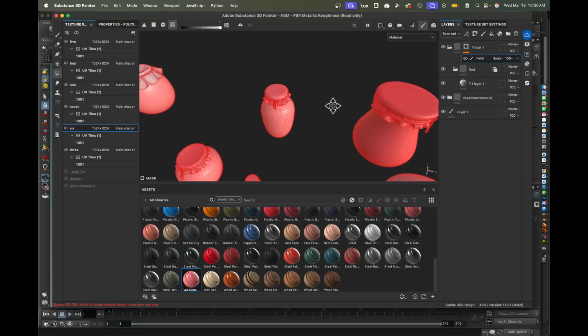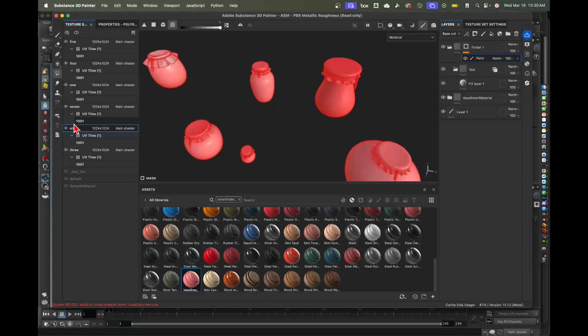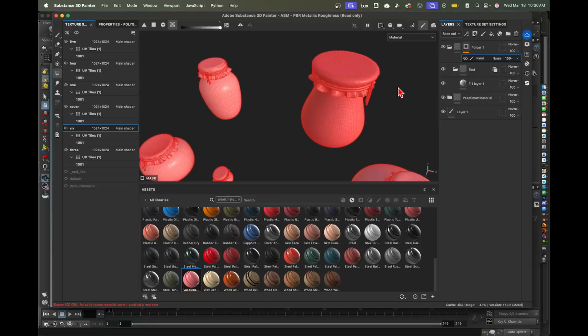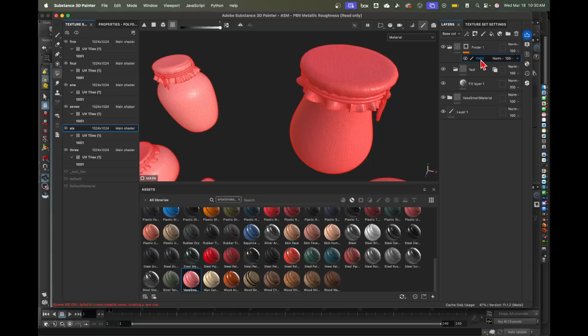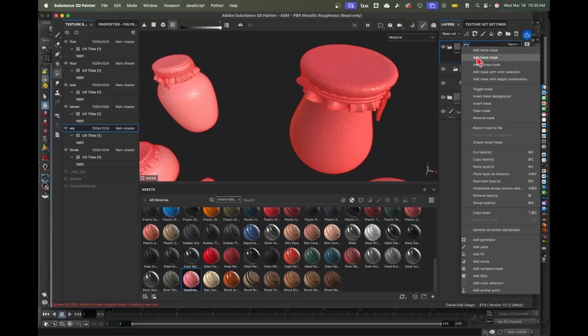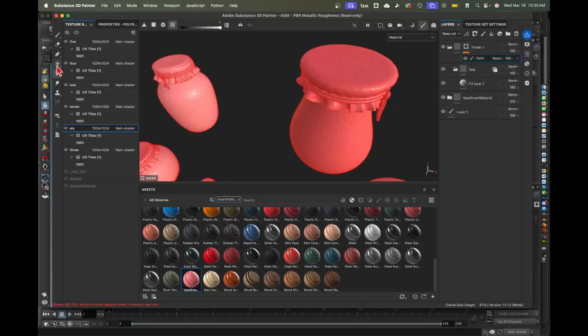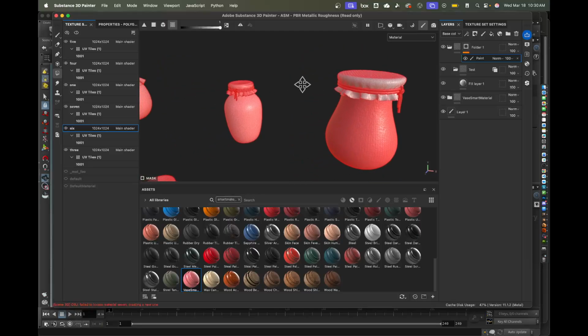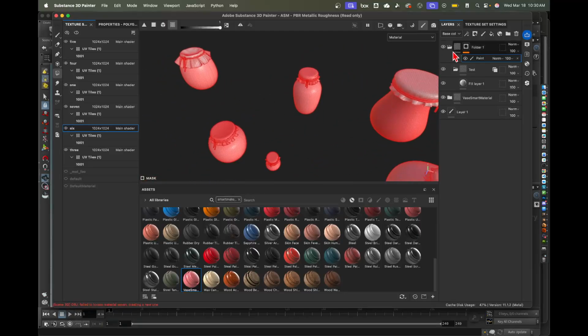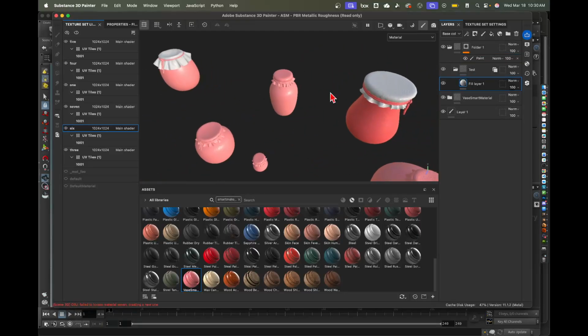And, oh, 6. Which one is 6? There we go. Okay, so now we can edit this fill layer here,